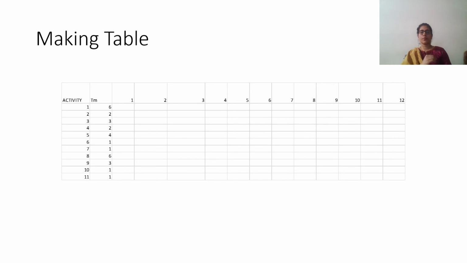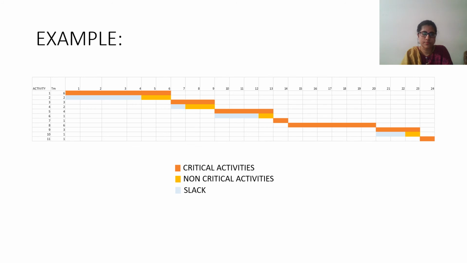So you are going to make the table. You have your activity, you have your time taken, and you have your dates. These are the dates. After the dates are there, activity 1 will take 6, and activity 3 is dependent on 1. The dependencies line is probably hidden. Then activity 2 is not dependent on anything. It takes only 2 days. I can put it here, I can put it here, I can put it anywhere.